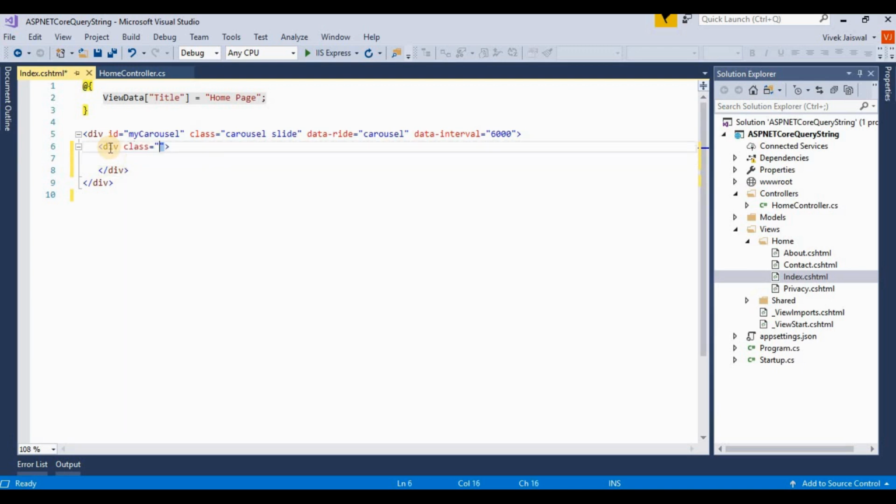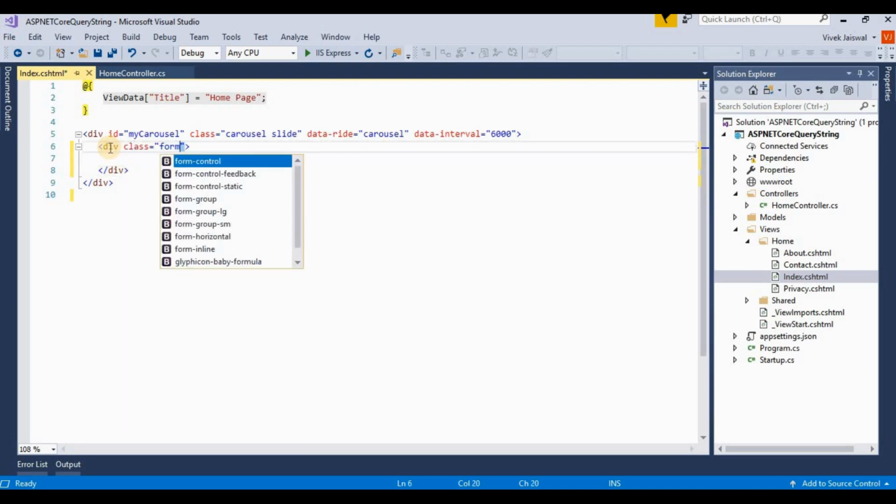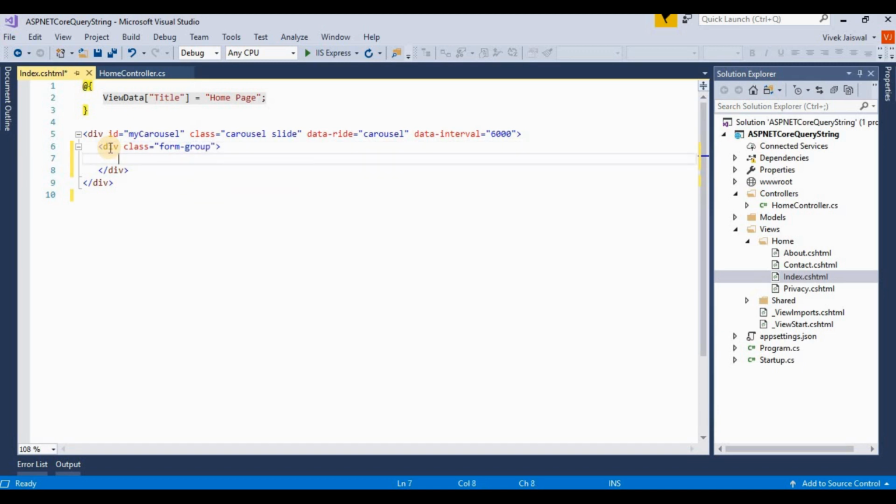So I am creating this form-group. This is a bootstrap class, and this is the input.